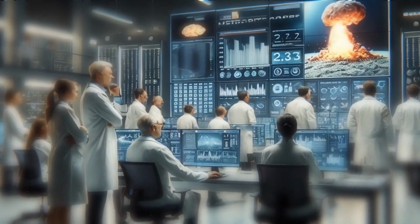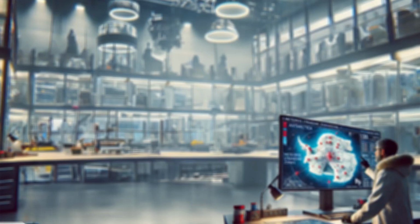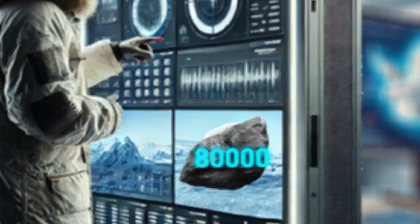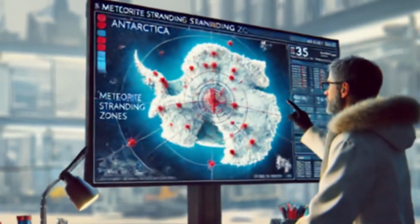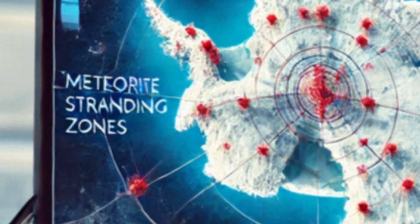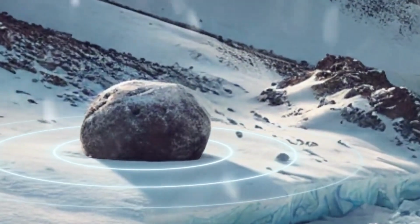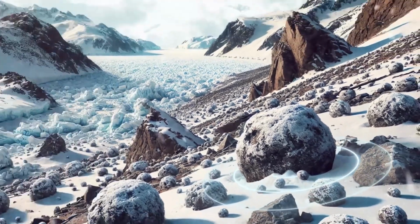Now, scientists admit it's very tricky to find working methods to spot meteorites. And if we don't hurry and develop such methods, we might lose between 80,000 and 250,000 space rocks in total. No wonder scientists are on a mission to find more meteorites. They're focusing on meteorite stranding zones. Those are places where meteorites often gather on the surface because of specific features of geology, ice flow, and climate